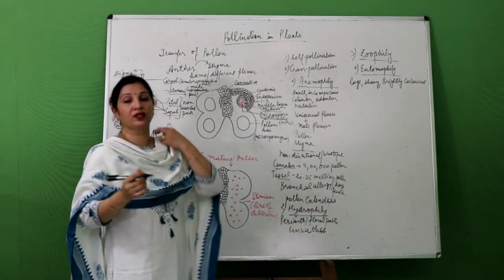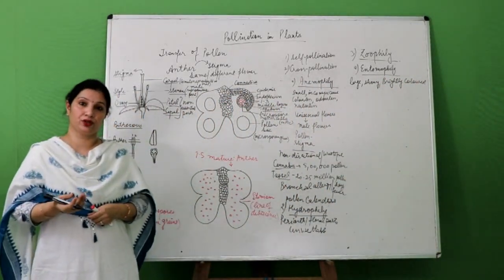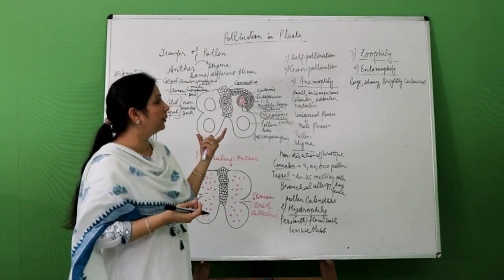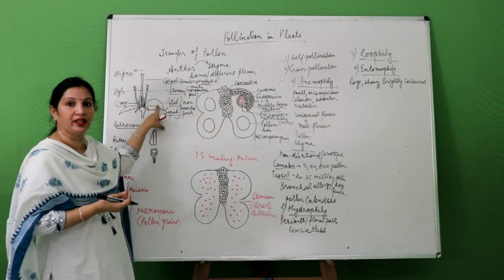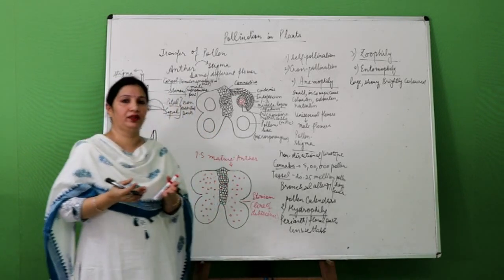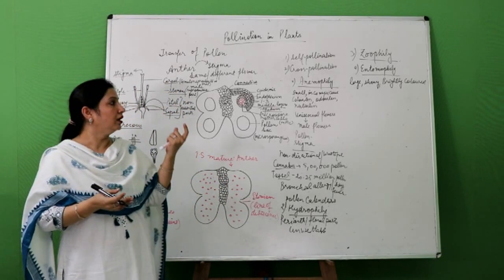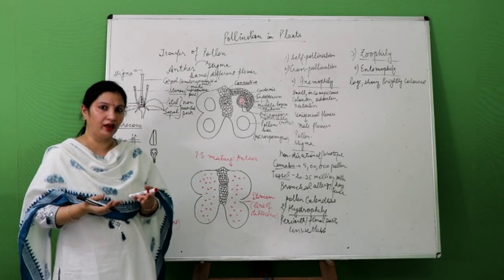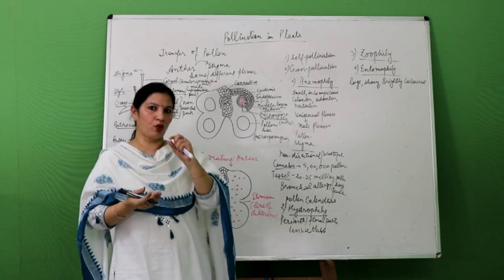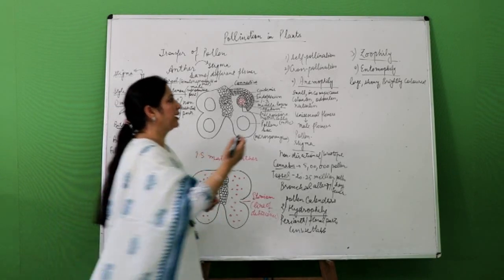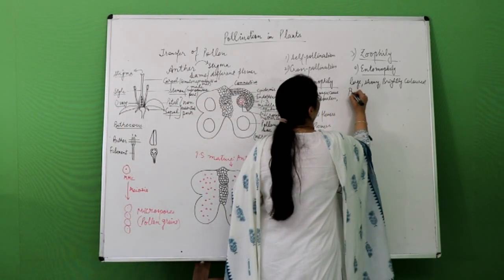Now they have to be colored because they have to attract the insects for pollination. The insects are attracted towards the colorful parts, and especially the petals are colored. Now, if the petals are not colored, then some other part will become prominent. For example, in bougainvillea, the flower is small and white colored, and to attract the insects, the bracts become colored.